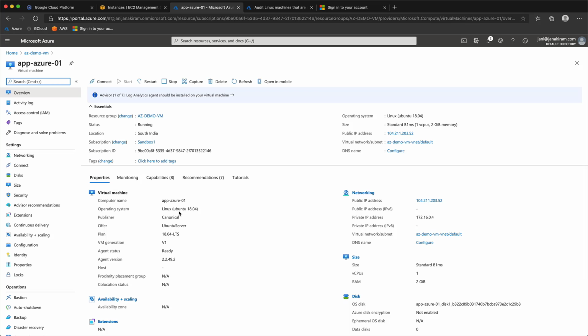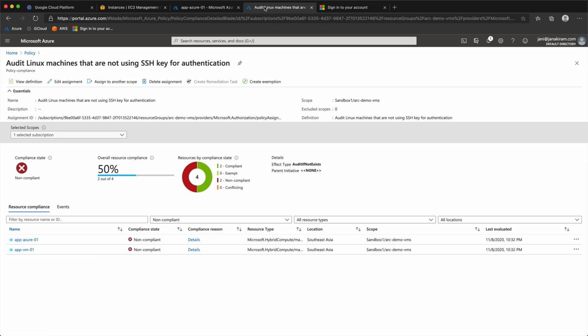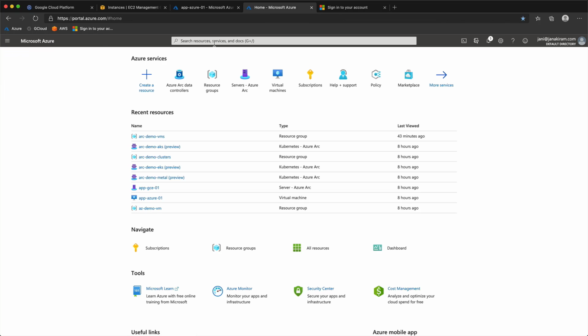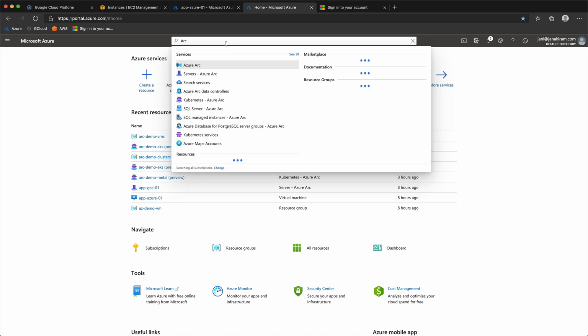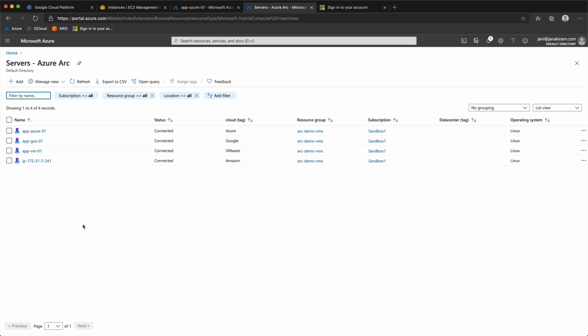Now, our goal is to bring all of them under one roof and manage all of them by applying policies at scale, performing an audit trail to understand how many of them are compliant, and even enabling log analytics to make sure that we have visibility into the operations that take place on any of these resources. So the way it works is we are going to have a new offering called Azure Arc enabled servers.